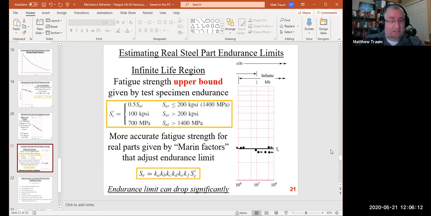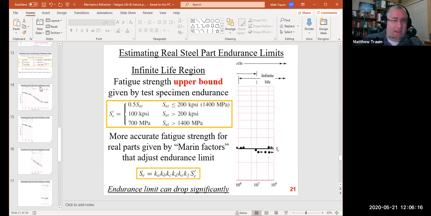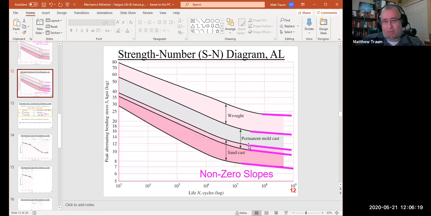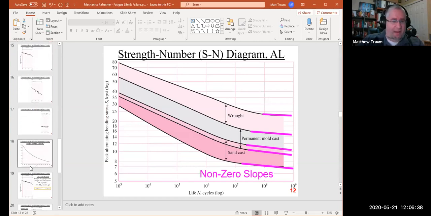For non-ferrous materials, I've had this question before. How do you determine the slope of this line? You have to run experiments, right? You have to determine the slope of the line by just taking your part and running it through experiments until you actually get to failure. And that's the only way that you can know whether these slopes are constant, whether they continue to curve, like what exactly they look like. But for ferrous materials,